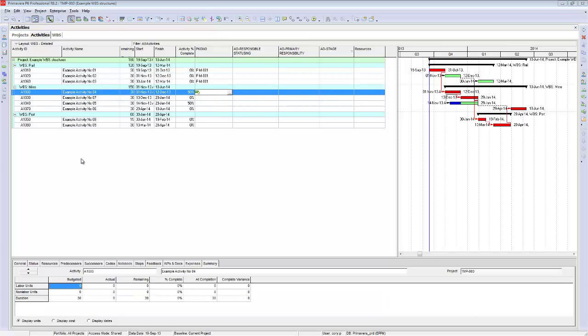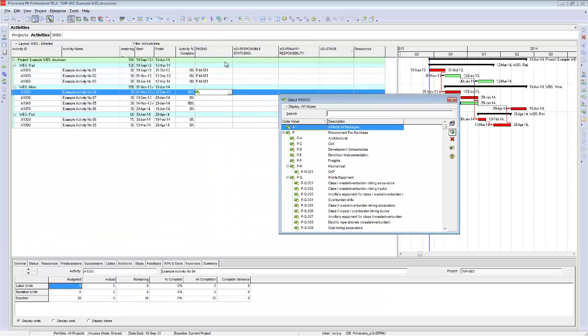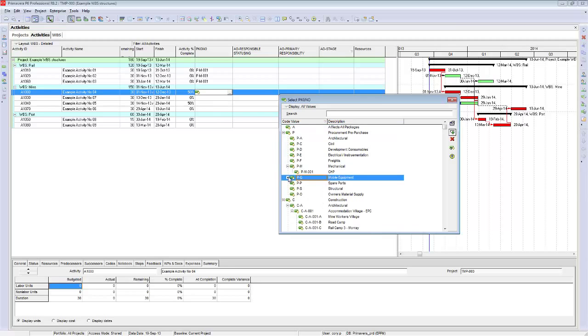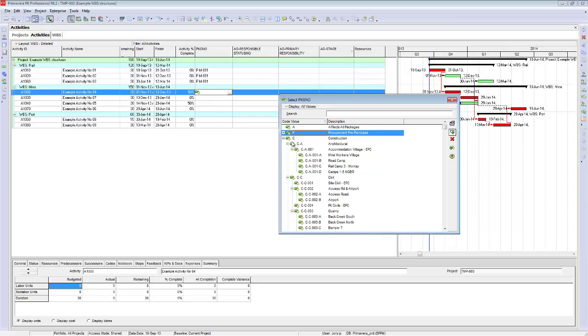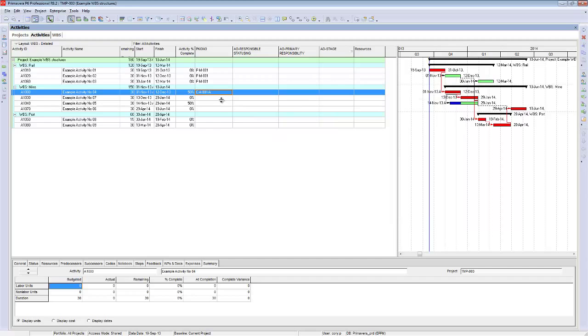We might change this particular package number into a construction, accommodation, mine workers village. So as you can see in this particular example, you've got construction, architectural, package number 1 is the accommodation village, which is made up of several sub packages of that contract. So there's the mine workers village,